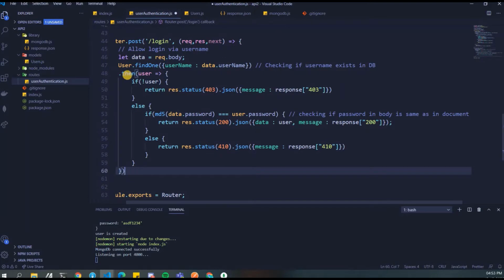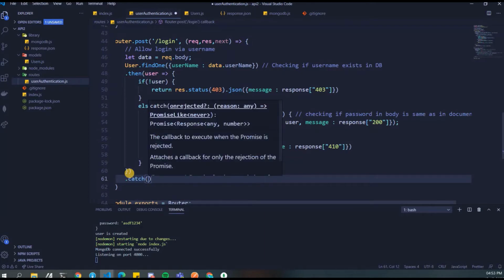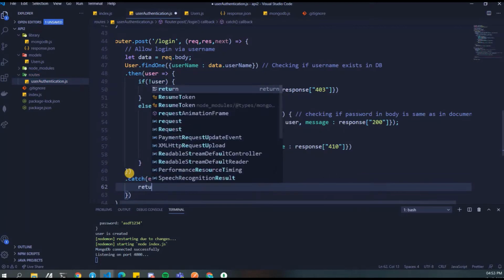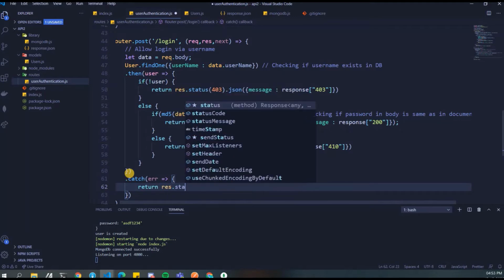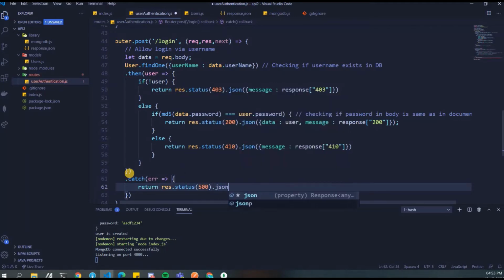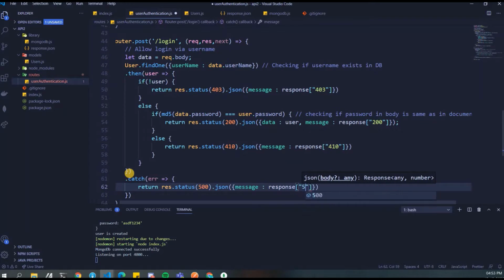So right now, see, since we started doing this, we missed out one thing, which is our catch block. So we should not be doing that at all. So for that matter, let's just go ahead and write return res.status(500).json message response 500.